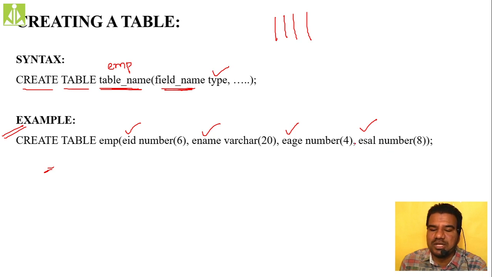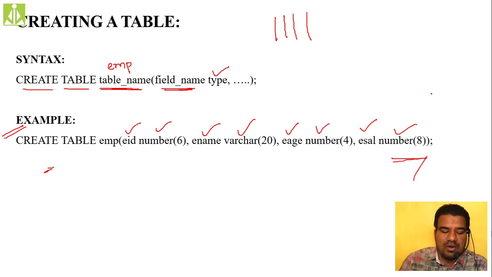Okay, it will coincide without any space, it will coincide with the next field. So that is the reason why I have taken an extra space. So EH only 4. Okay, ESalary, it can be up to 8 digits you can use. Okay, 8-digit salary you can store inside this ESal. Okay, so these 4 fields I want with their respective types, like number of 6 spaces, varchar of 20 spaces, okay, 20 locations to store the name, then number 4, okay, then EAGE 4, and then ESal up to 8 you can store. So like this I want to create my table.